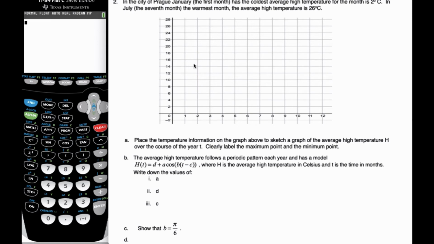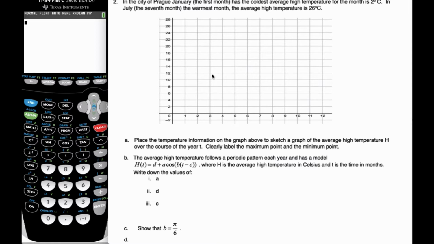Mr. Robs here, and we're working on sinusoidal applications with trigonometry. So here's a word problem. The city of Prague in January, the first month, so month 1, has the coldest average high temperature for the month of 2 degrees Celsius. And July, the 7th month, the warmest month, has an average high of 26 degrees Celsius. Place the temperature information on the graph above to sketch a graph of the average high temperatures over the course